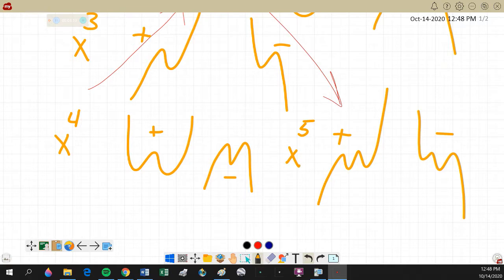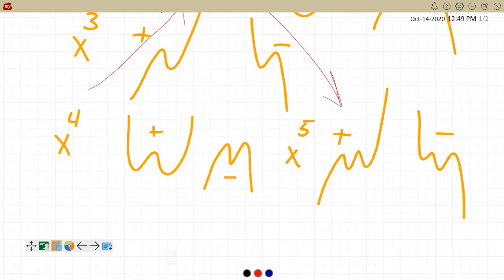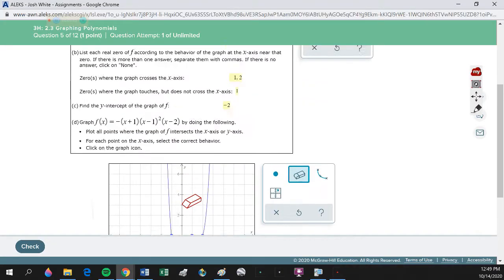So, all of the evens are happy or sad. Positive is happy, negative is sad. All of the odd exponents do the disco dance. Positives go up to the right, negatives go down to the right. Does that make sense? And then what happens in the middle? Well, we'll get to that, but for right now, all we're looking at are the endpoints. So looking at this assignment,